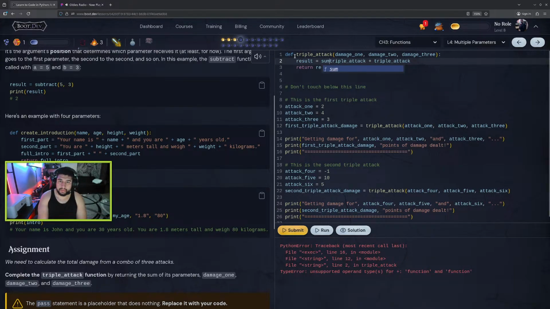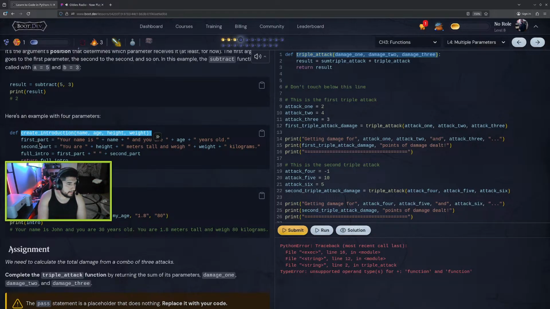So, triple attack, this is just like this. Defining something with parameters. Now I have to do, okay, what's